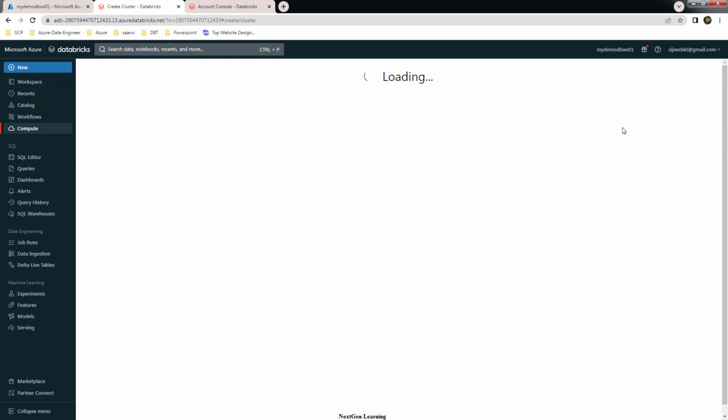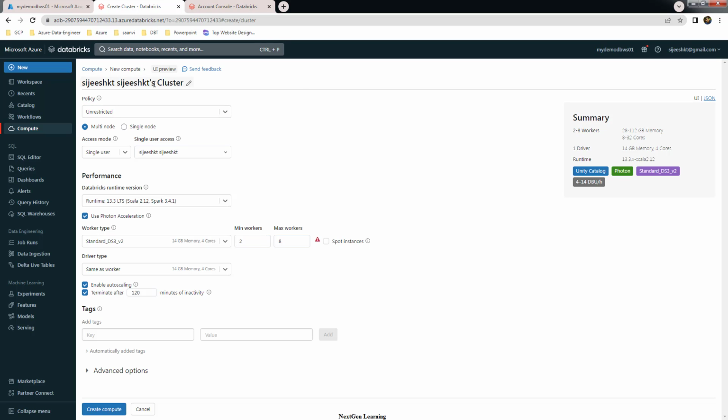So create a compute, and you can rename it as shared cluster. For access mode, instead of single user, just choose shared access mode. And you can choose the Databricks runtime version. I don't want photon acceleration. For the worker node, if you need auto scaling you can choose that, otherwise you can leave it at maybe 1 to 3,